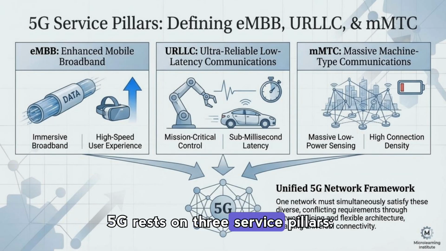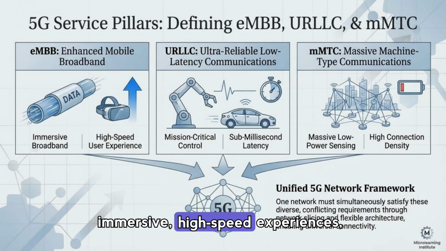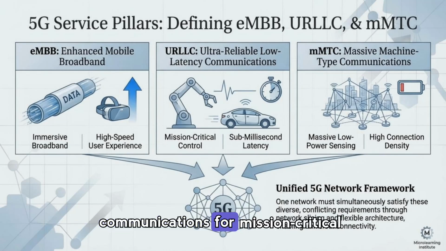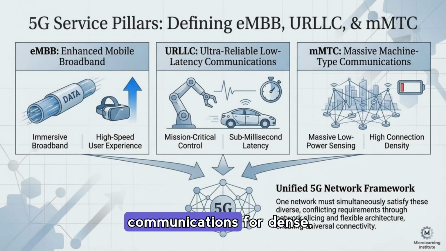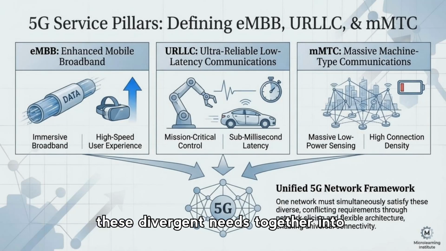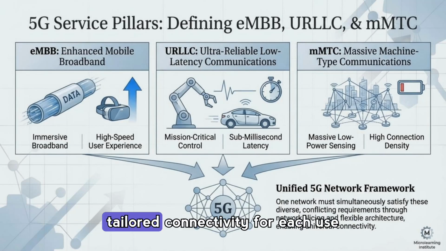5G rests on three service pillars: enhanced mobile broadband for immersive, high-speed experiences, ultra-reliable low-latency communications for mission-critical control, and massive machine-type communications for denser, low-power sensing. The graphic shows how network slicing pulls these divergent needs together into a unified framework that can deliver tailored connectivity